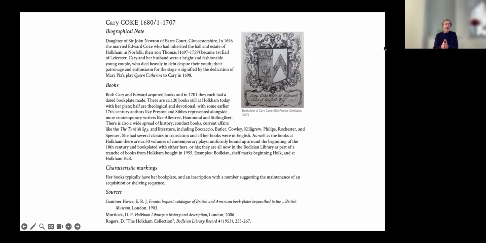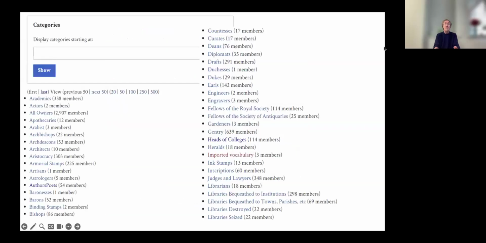And in some cases, there are lots of signposts because some of the names in this database are very well known and very well documented people. And in some cases, it's much shorter and simpler. So this is a case where we've got an early 18th century woman book owner who had a book plate, who had a library. We know something about her book, so you can say a bit more. And there are a number of sources that you can point people to.